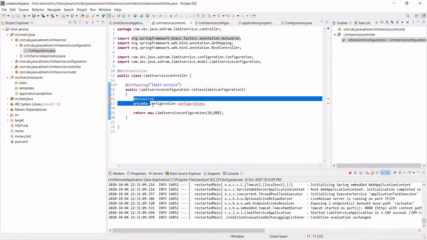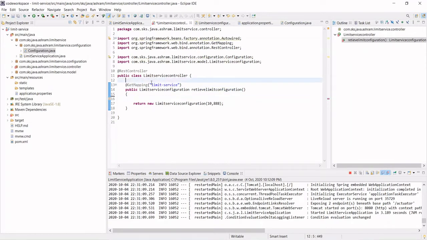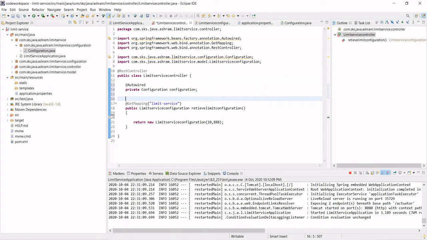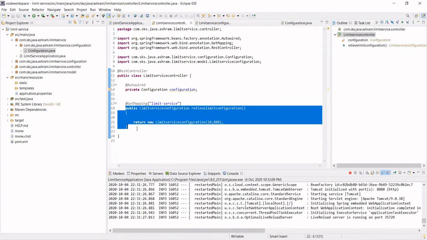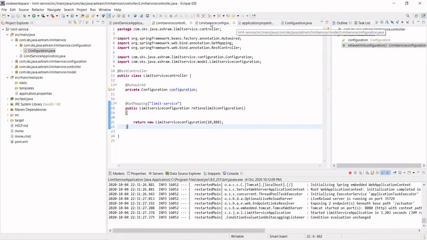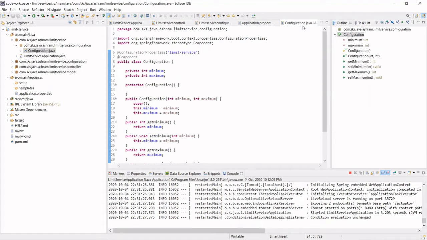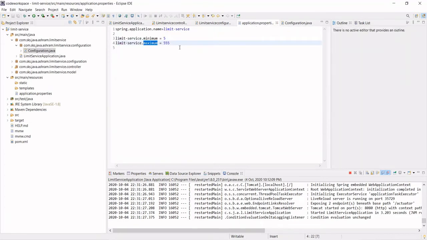This needs to be defined here, and this is part of the method. So now we have mapped this Configuration.java with the application.properties.